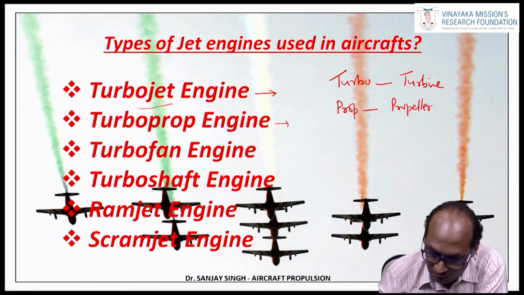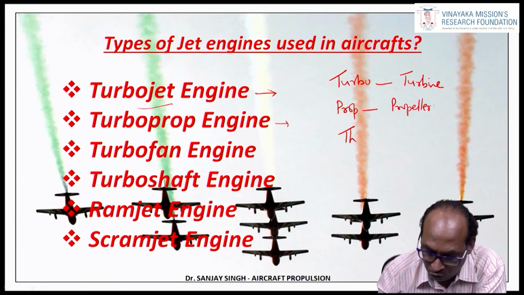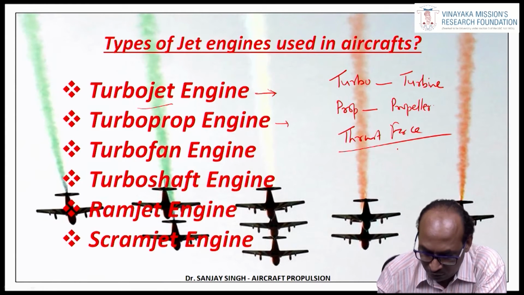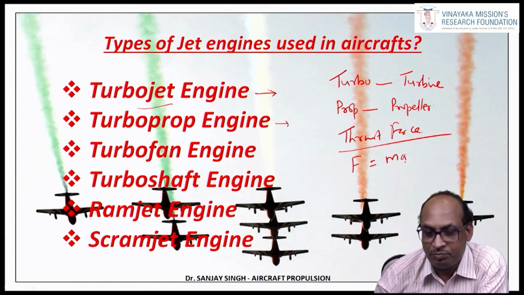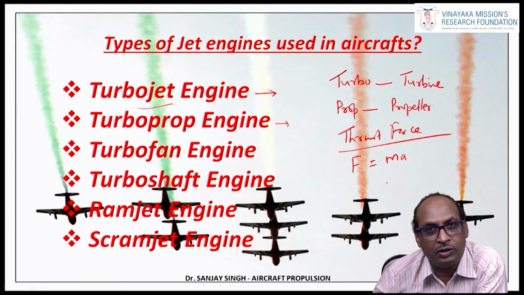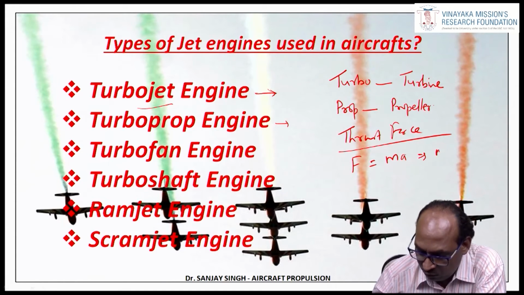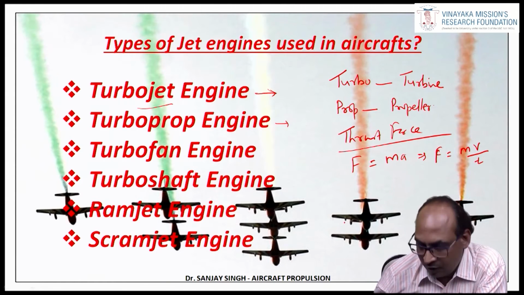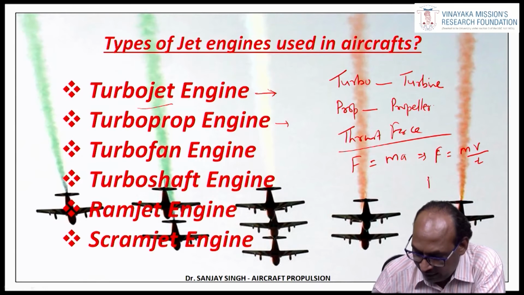As we all know, let me have a discussion on thrust force also. How is that thrust force created? F is equal to ma, we have already discussed. Now F is equal to ma, and acceleration can very well be written as velocity per unit time. So this gives F is equal to mv by t. Now this m by t will become mass flow rate, m dot, times v, whereas m dot is equal to mass flow rate